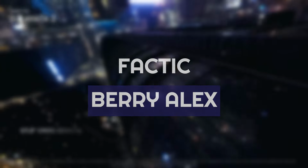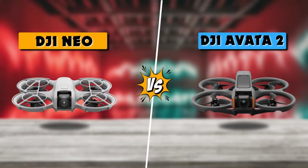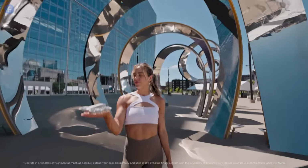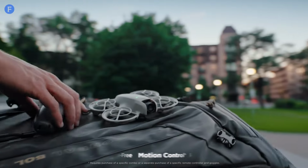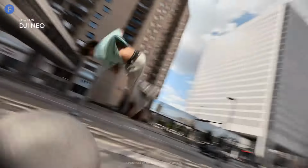I'm Barry Alex, and today, we're diving into an exciting head-to-head comparison of two standout drones, the DJI Neo and the DJI Avata 2. Whether you're a beginner looking for a budget-friendly option or an FPV enthusiast seeking advanced features, these drones have something unique to offer. We'll be breaking down their design, camera capabilities, AI features, flight performance, and more to help you decide which drone